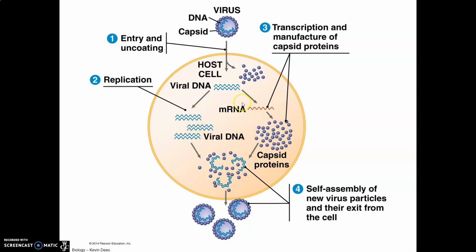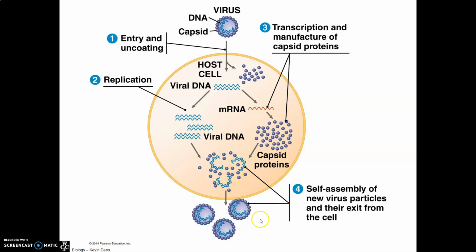In addition, in this particular virus, messenger RNA molecules are going to be made from the viral genome, and these genes are then going to be transcribed and used to manufacture capsid proteins. Now, these capsid proteins will then go through this process of assembly, enclosing the new replicated viral DNA, and we will create more viral particles, and these viral particles then can rupture